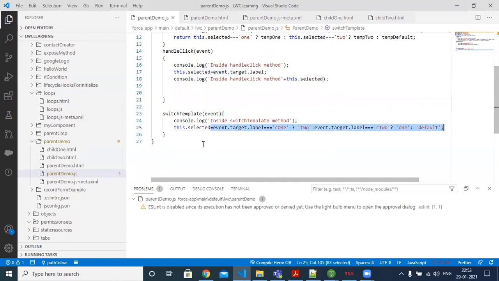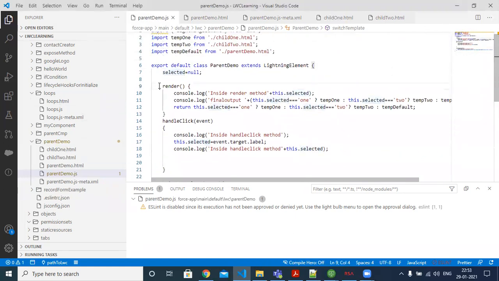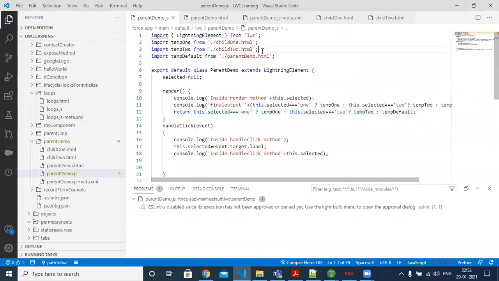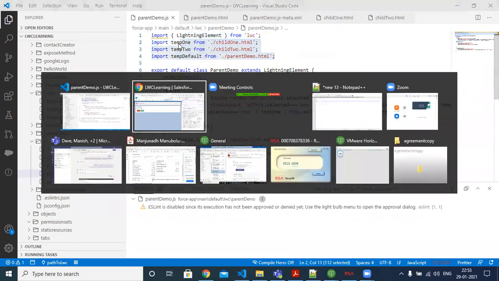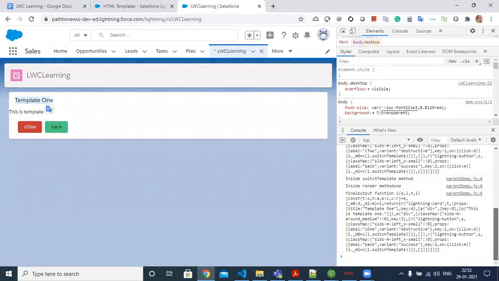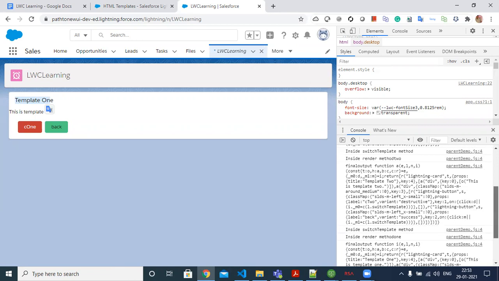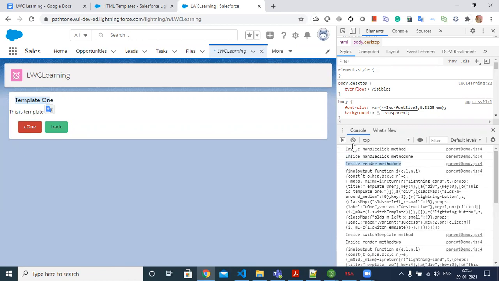And as I said earlier, similar to this handle click method, if we change anything in this selected variable, automatically the render method will be invoked, and again this nested if condition is validated. Based on this condition, it is going to render either of these templates. So you can also check inside the console logs what is happening behind the scenes.